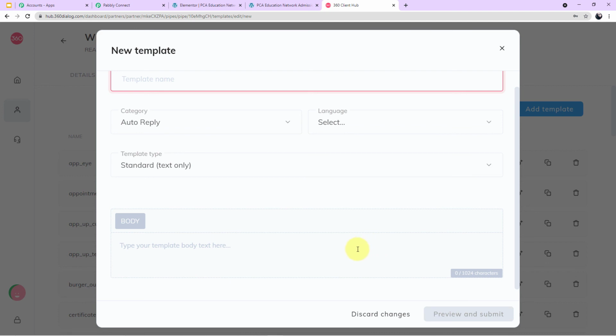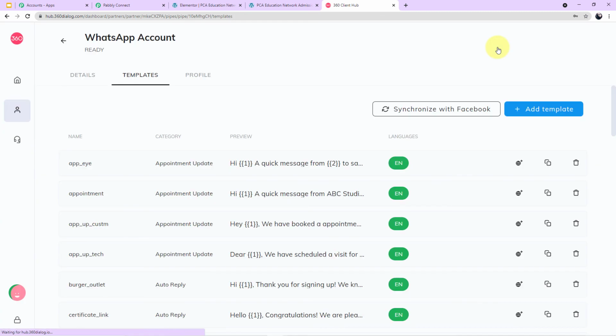Now guys, after creating the template, you have to send the template for approval. The approval process is done by Facebook, and it takes from 2 hours to 2 days. In general, the approval process is done within a day only. So don't forget to first create your template and send it for approval. Why am I telling you again and again? Because without the approval, you cannot use the template. So it is very important to first get your template approved.